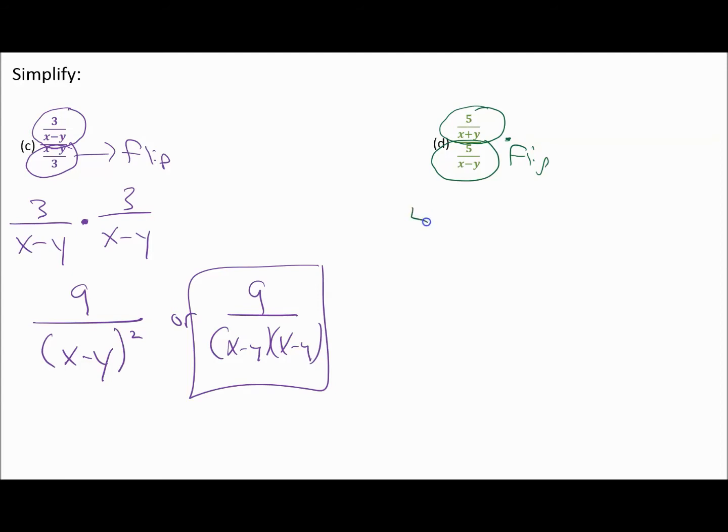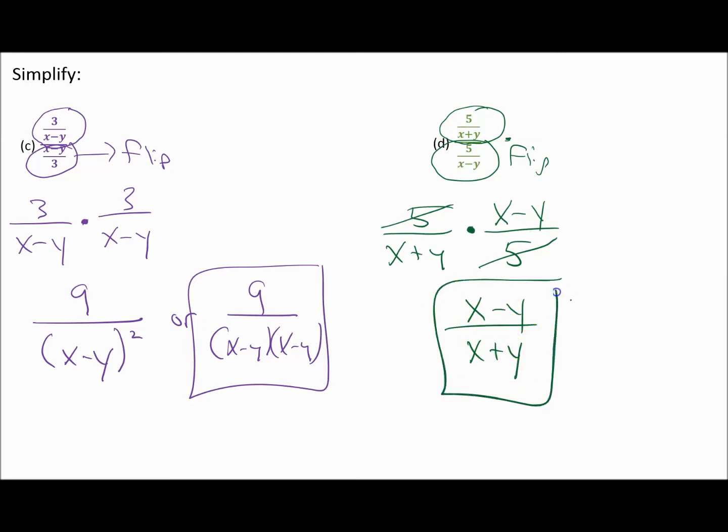Okay, so I have 5 over x plus y. That's my keep on top. Change division to multiplication, and I'm going to flip x minus y over 5. Now in this situation, my 5's do cancel because they are common factors, one in the numerator, one in the denominator. But now my x minus y that's in the numerator over my x plus y in the denominator does